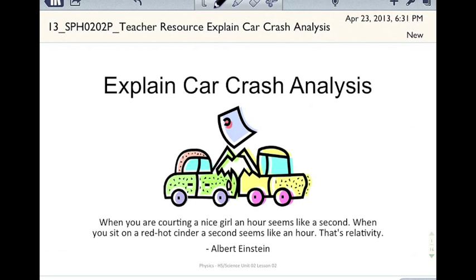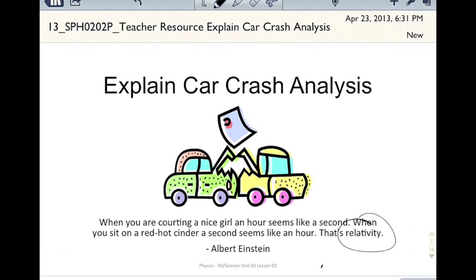Alright, we're trying to explain the car crash analysis that we did. It wasn't really an investigation or a lab, but we were trying to look at it as problem-based learning. It says, when you're courting a nice girl, an hour seems like a second. When you're sitting on a red cinder, a second seems like an hour. That's relativity. Now that's relevant because we're actually going to talk about relativity in terms of motion towards the end